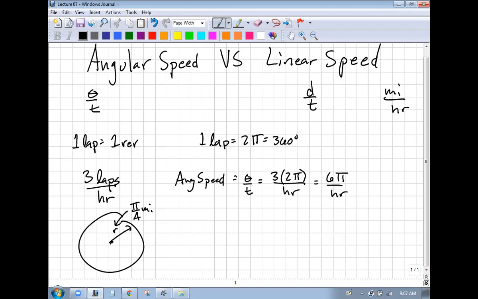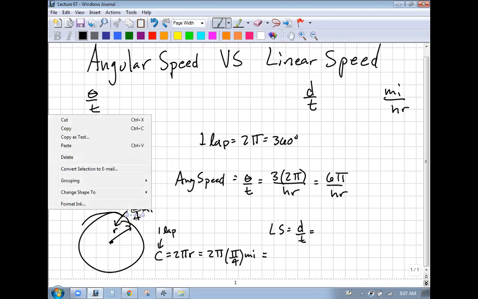They guide you. So the linear speed, which would be a distance per time, we need to know what is the distance of a lap. We could write a lap in terms of angle, but we need to know the circumference of the circle. So circumference is 2 pi r. The circumference is 1 lap as far as length instead of angle. So we would have 2 pi, if the radius is pi over 4 miles,